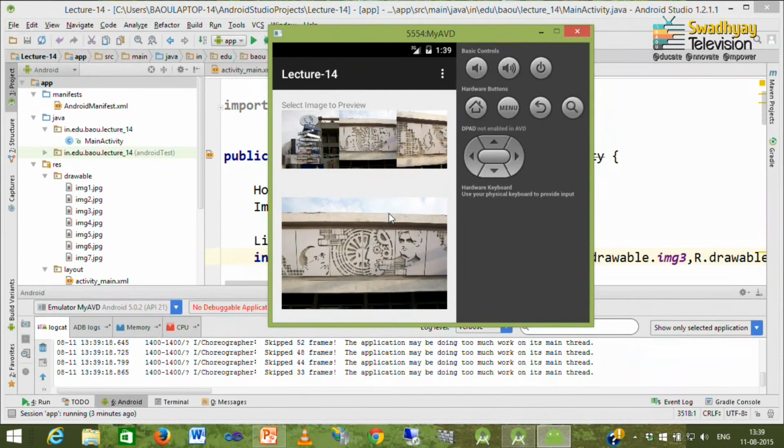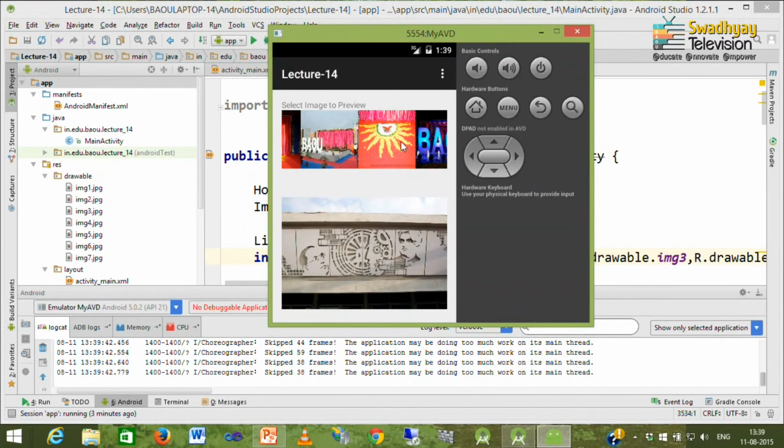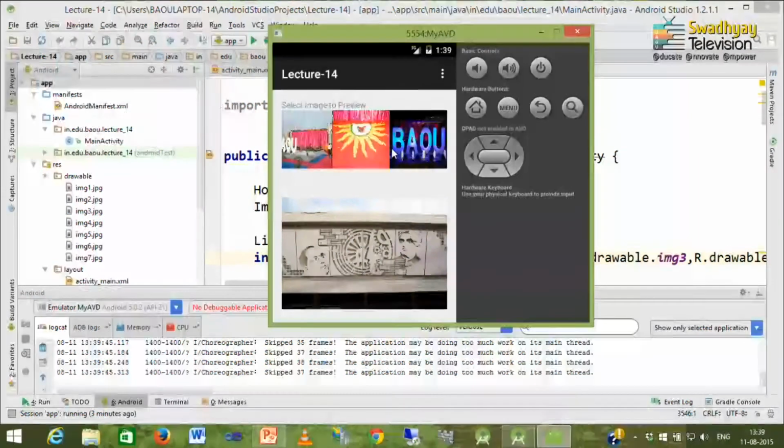Here on screen you can see we have this horizontal scroll view, where our 7 images are loaded, and you can scroll them: 1, 2, 3, 4, 5, 6 and 7. So, these images are actually available inside the linear layout, but this linear layout is placed inside the horizontal scroll view.